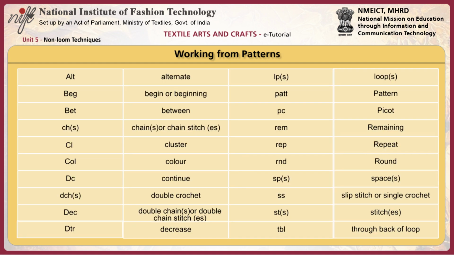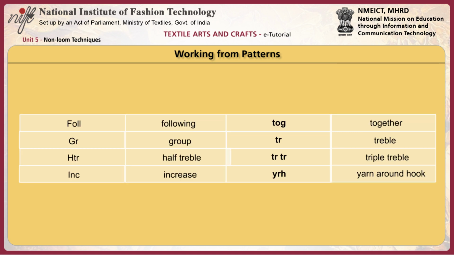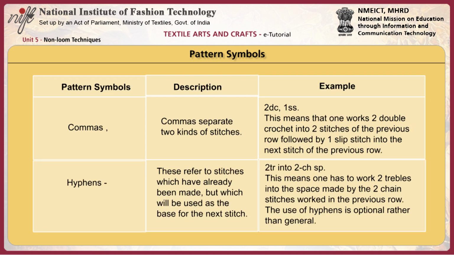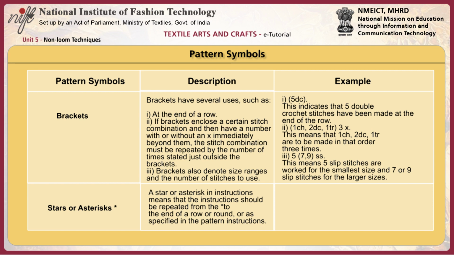To save space, all crochet instructions are written with symbols and abbreviations. These are easy to follow and each pattern gives a key to the instructions. This table displays the codes that are used commonly. These abbreviations have been used in describing the basic stitches as well. These are the most common symbols in crochet patterns.